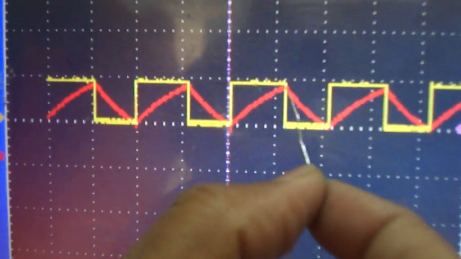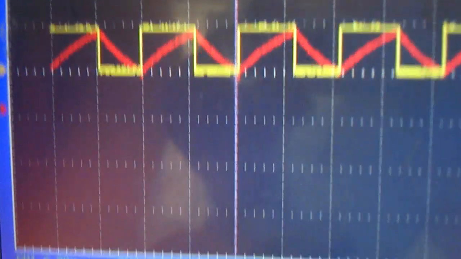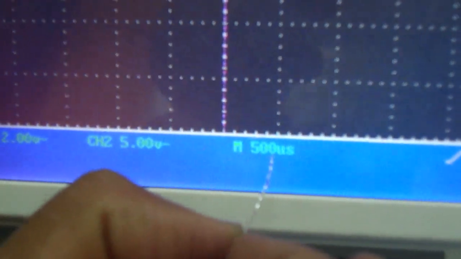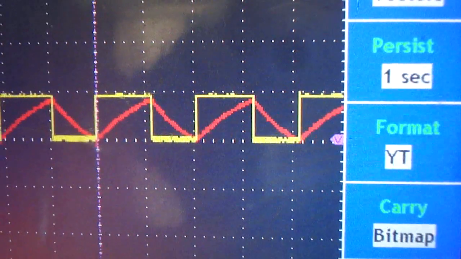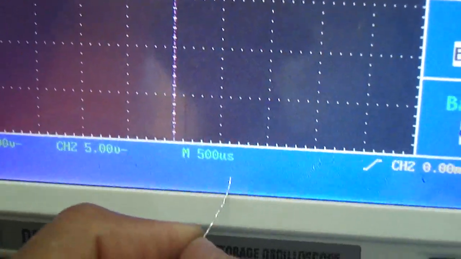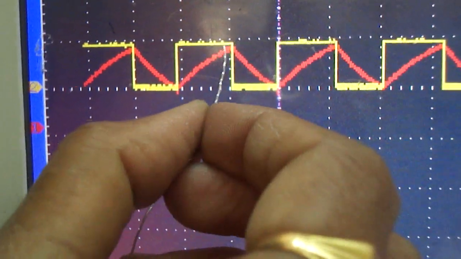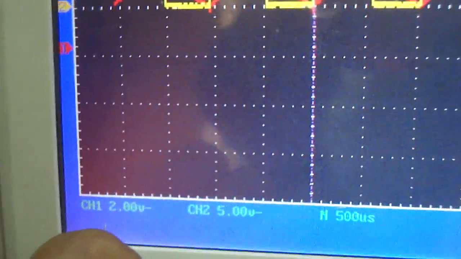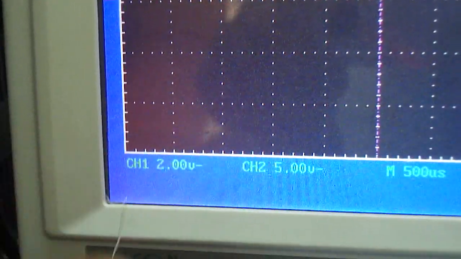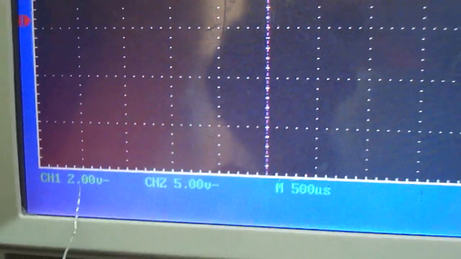The T on is 1.2 into 500 microseconds, and T off is 1 into 500 microseconds. Then the capacitor charging, here to here, 1 into 2 volts. The capacitor discharging, here to here, 1 into 2 volts.